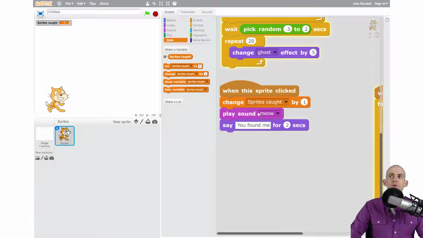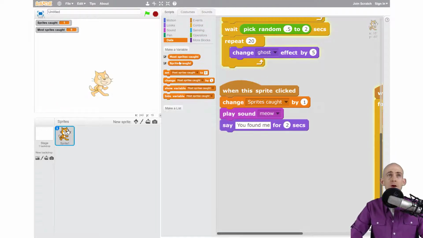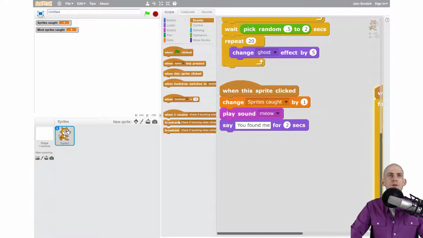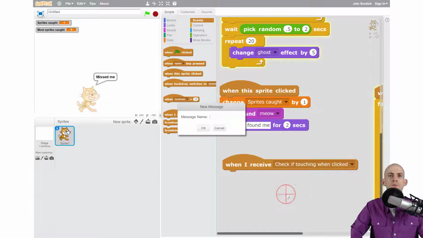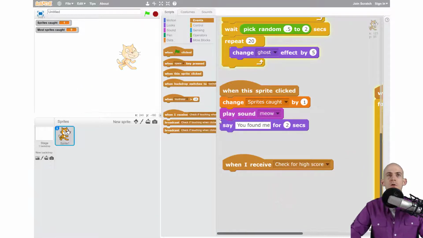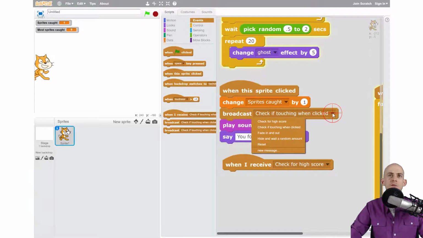What we can actually also do is check for a high score. So we can make another variable, and we can call it something like most sprites caught. And if we were signed in and a Scratcher, then it would have a little cloud next to it, so that way it'll store it across all of the users who are Scratchers. And we're going to check after this whether or not we have a high score. So we're going to create a new message and say check for high score. And we're going to broadcast that after we